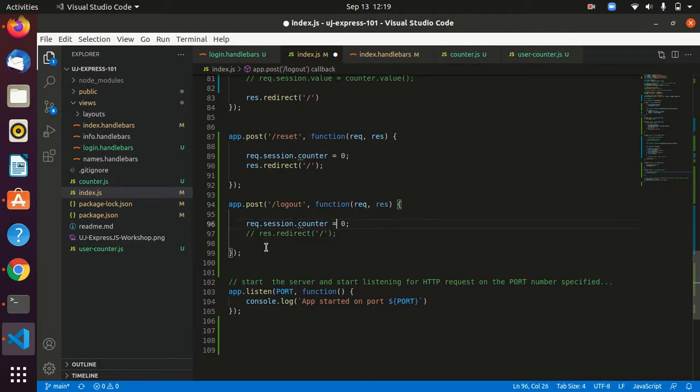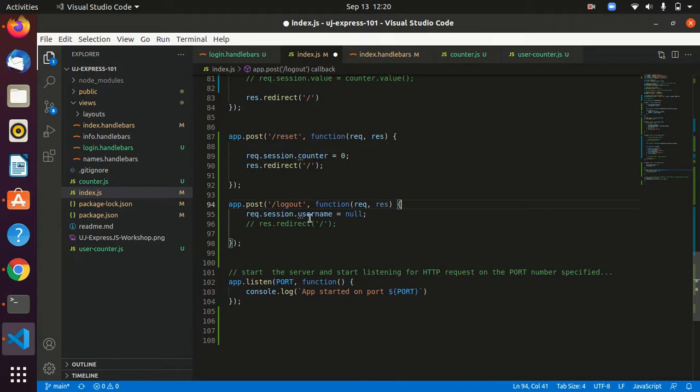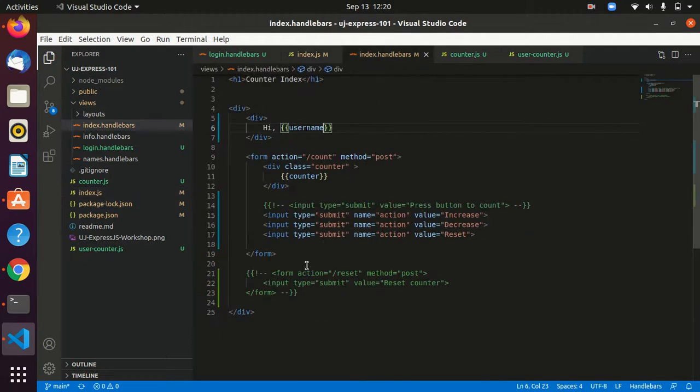Okay, we basically want to say request.session.username, we wanna set it to null. Okay, might be the other thing we actually want to do in our first. So let's see if we do that, whether that works. Once we logged out here, we want to redirect to log in. Okay, and then what I want is on my index screen, I'm going to have